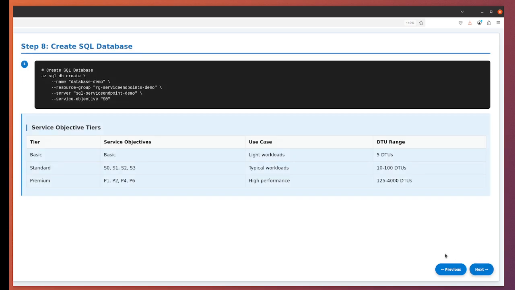Creating the SQL database. Now we create the actual database within the SQL Server. The service objective S0 represents the standard tier with a specific performance level. Service objectives determine both performance and cost. S0 is perfect for development and testing, but production workloads might need higher tiers like S1, S2, or premium tiers